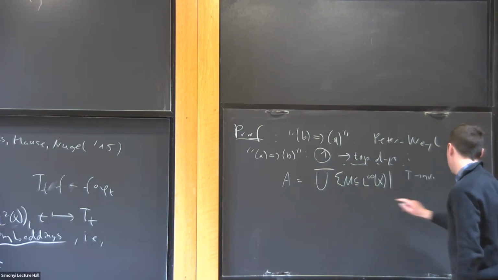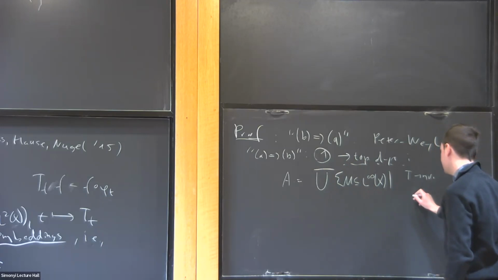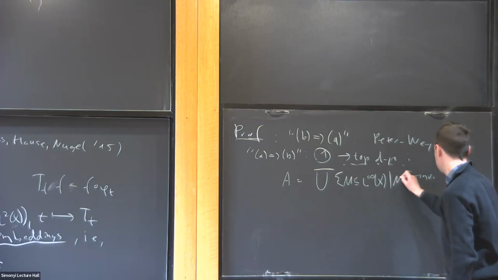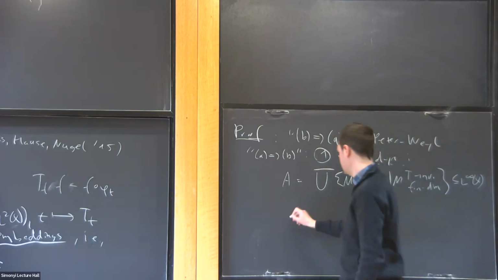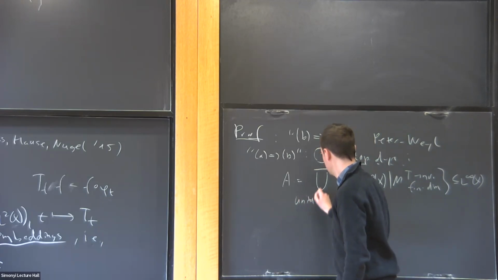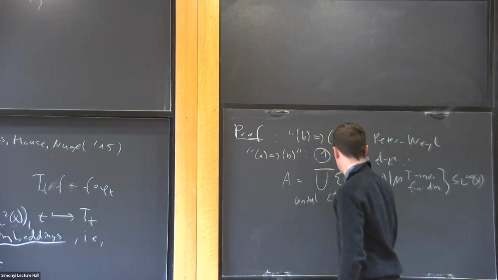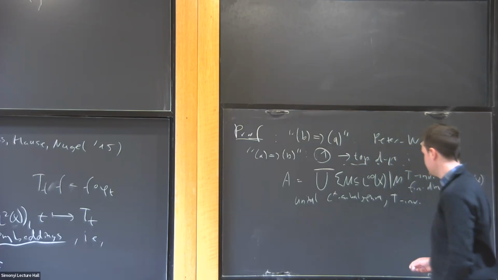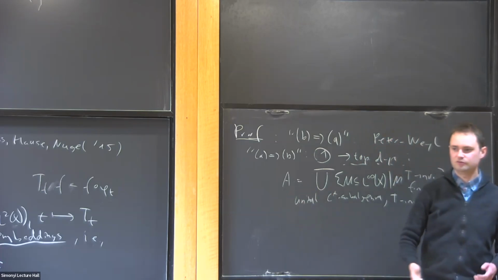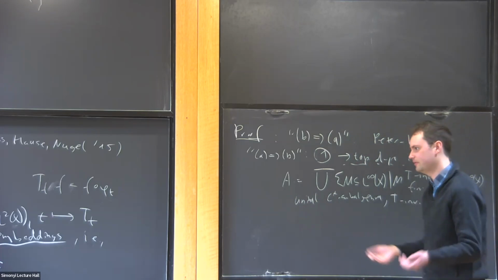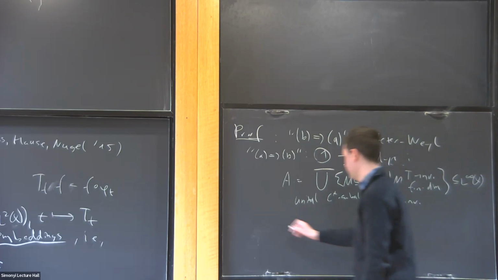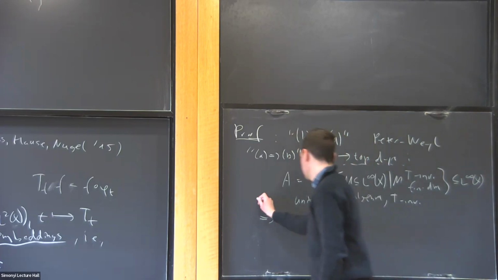In the end, you take these which are contained in L infinity, so M is T invariant and finite dimensional subspace, and this gives you a unital C-star subalgebra of L infinity, which is T invariant, and basically this is the standard procedure to build a topological model out of such C-star subalgebras, which is based on the Gelfand representation theorem. So then you can show by standard Gelfand